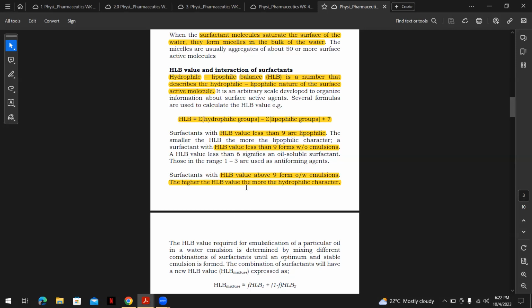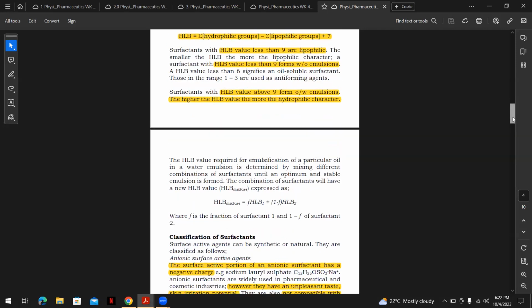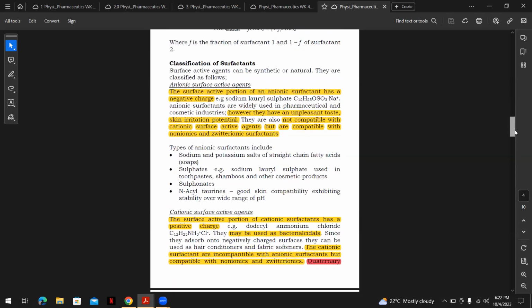So the higher the HLB value, the more the hydrophilic character, so they form oil-in-water emulsions. And we classified surfactants. Anionic surfactants have their surface active portion with a negative charge, and they're the ones which cause skin irritation. They have an unpleasant taste, and they are definitely not compatible with cationic surface active agents, but they are compatible with